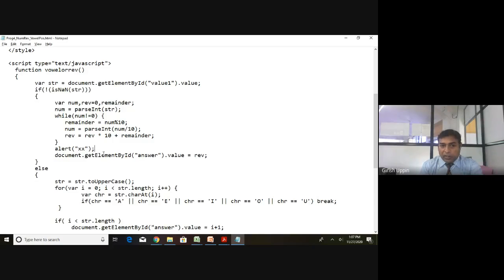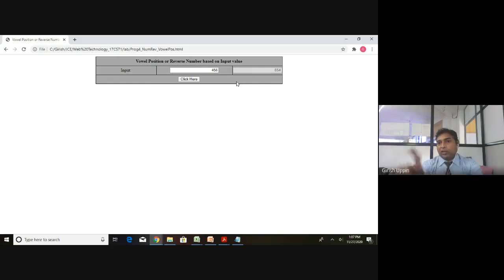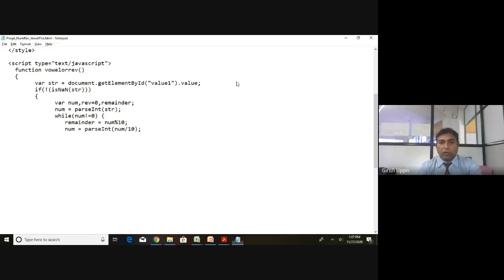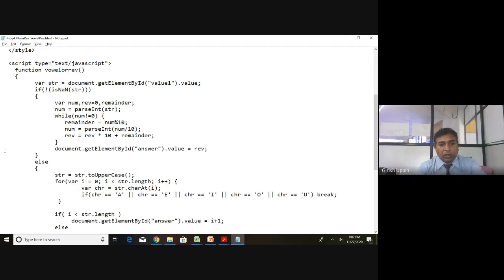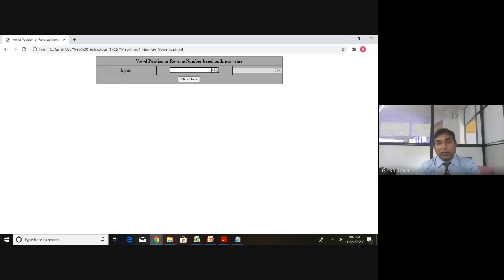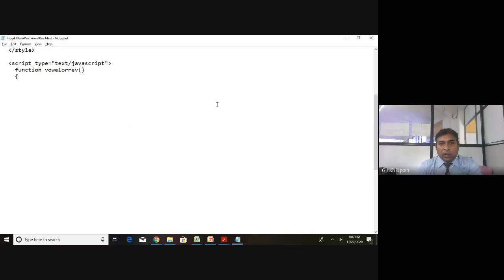So when I say okay, this part will get executed. If I say okay, this part will get executed. That is how you can do the debugging. In case of the exam, you are stuck, you are not able to understand where the program is, this is how you can use it. Let us say the given input is not a number, it is a string, xyza. Now what happens?